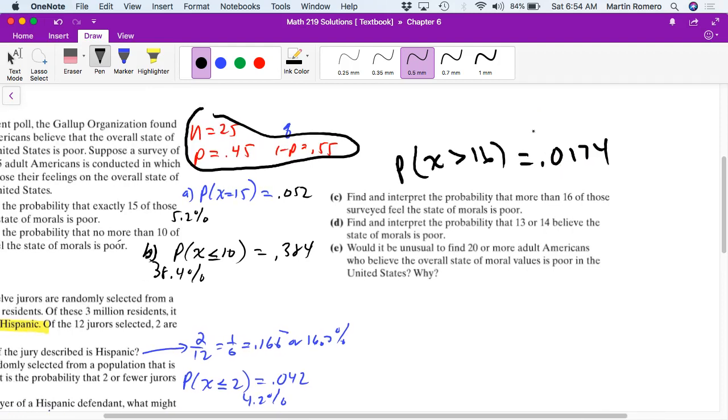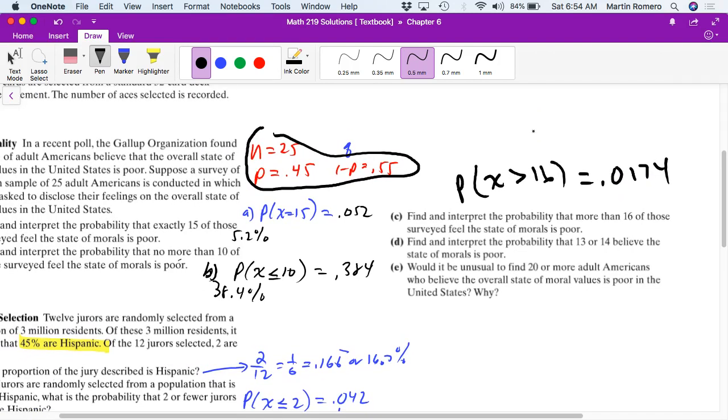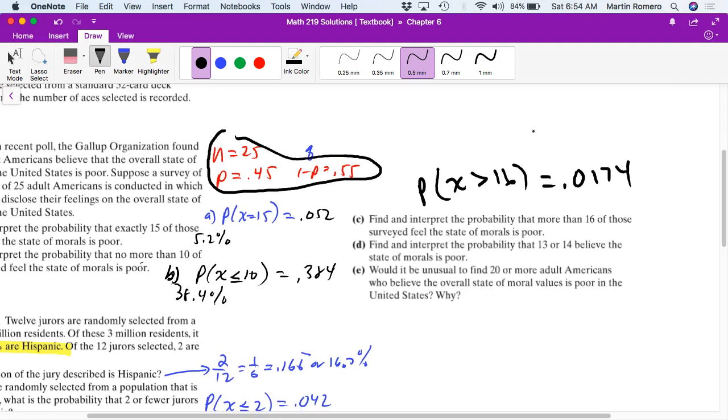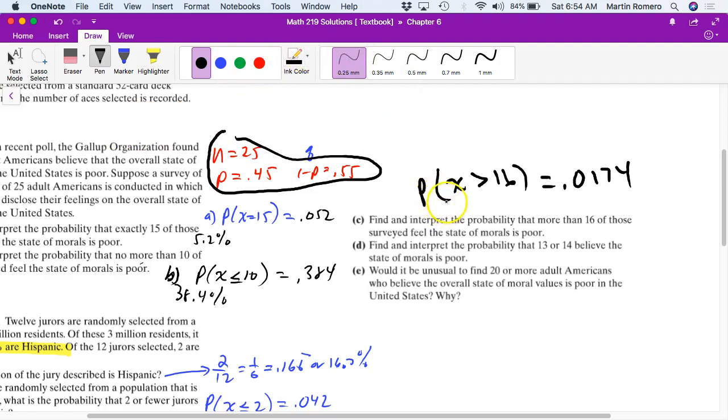C, find and interpret the probability. Oh, so the interpretation on that, we should finish that. What does that mean? The interpretation, to make sure that we really reinforce the idea. What does that mean? There is a very small percent, a 1.74% chance